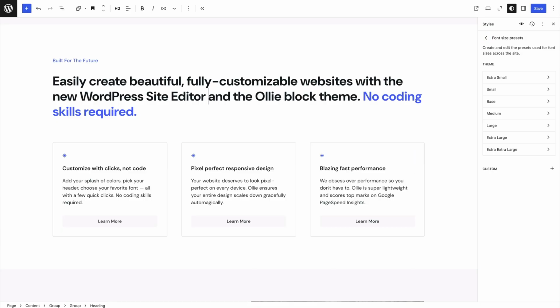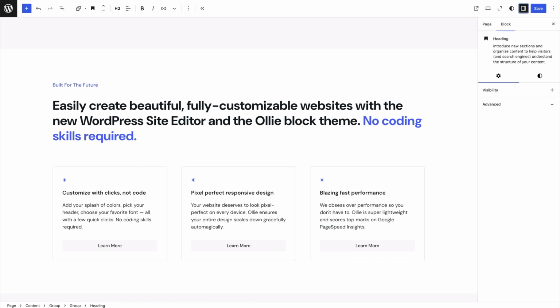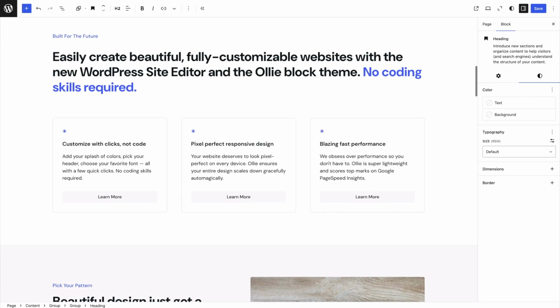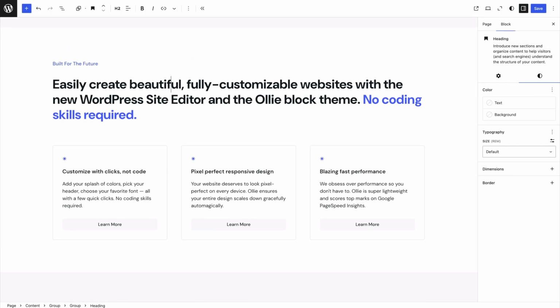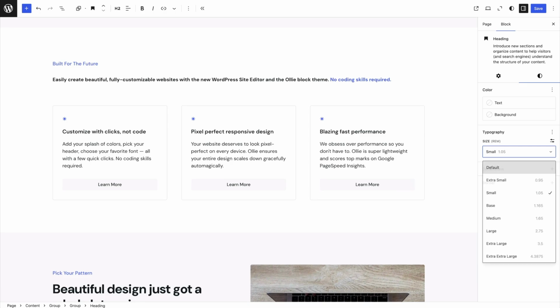So before we get into this panel here, I want to jump down to the font size presets because I think there's some important ideas here about how this works with full site editing. So as you can see, as we click around in the canvas here, and let's actually click over, if I click on something like a heading, you'll see there's a typography panel. And this has, I think, 7 different options in it. And you can see what happens when we click it. It effectively changes the font size